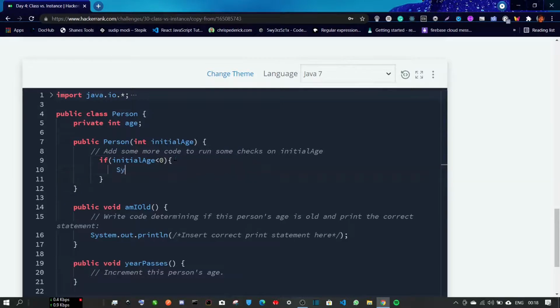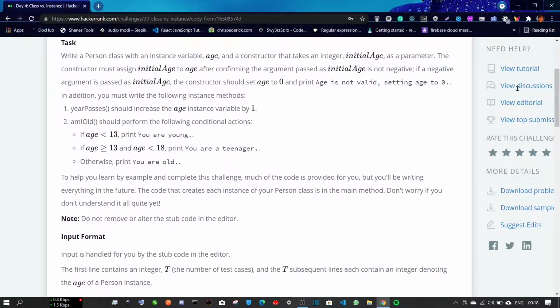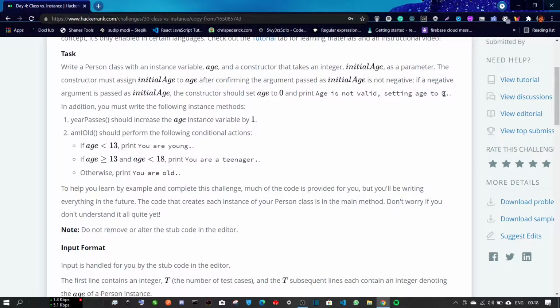So we write System.out.println. This statement is used in Java when we have to print one line. What this statement does is it prints something in a line and then it automatically switches to the next line. So we print this string that we just copy from here to make sure we are writing it correctly.